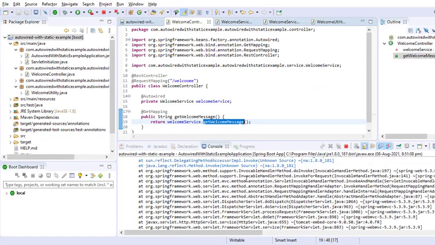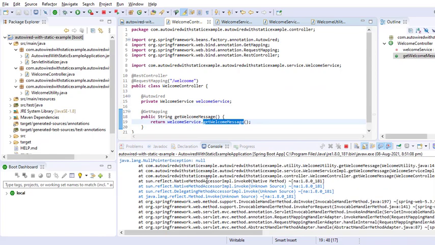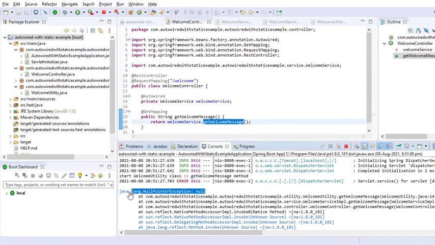Here it gives us a null pointer exception because it cannot resolve @Autowired with static. So what is the solution to this problem? This is one of the common questions, and many Java developers face this problem in their life. There are two ways to solve this. The first one is by using the constructor injection, and the second one is by using @PostConstruct.